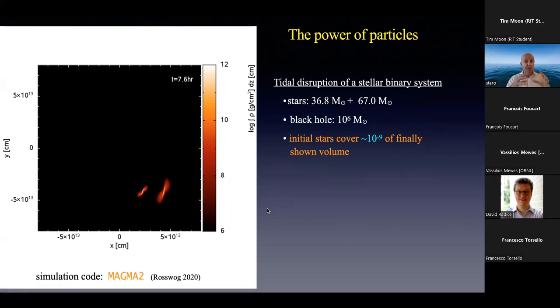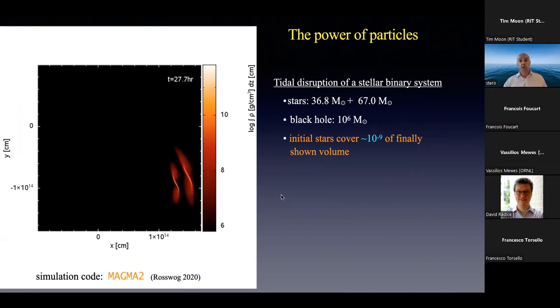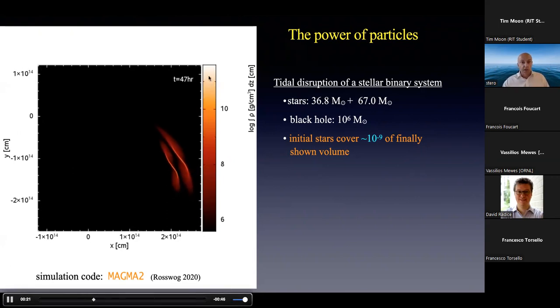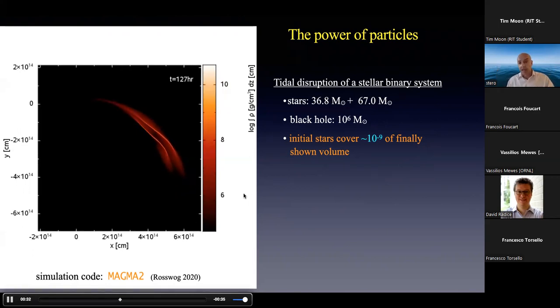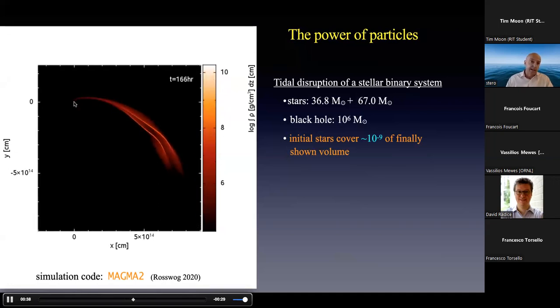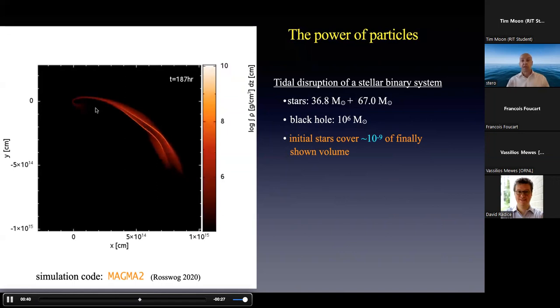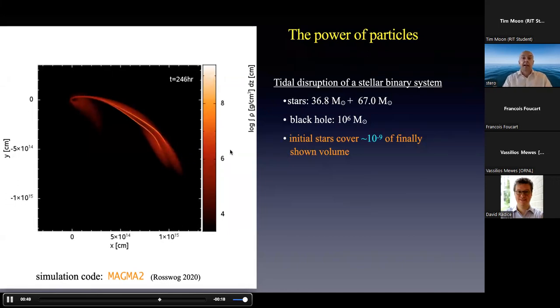Now I'm at some point zooming out, but this has nothing to do with any computational volume or anything. This is just for the movie, so there is no such thing as a computational volume. And now you see we are at something like 50 hours or so, and the stars have been stretched into very narrow spaghetti-like streams, and since the gas has pressure, they're actually held together by self-gravity in this case. You see the inner parts are flowing towards the black hole, then go around the black hole, form this characteristic accretion fan that we know from tidal disruptions, while the outer parts are still trying to escape to infinity. And I would claim this is a